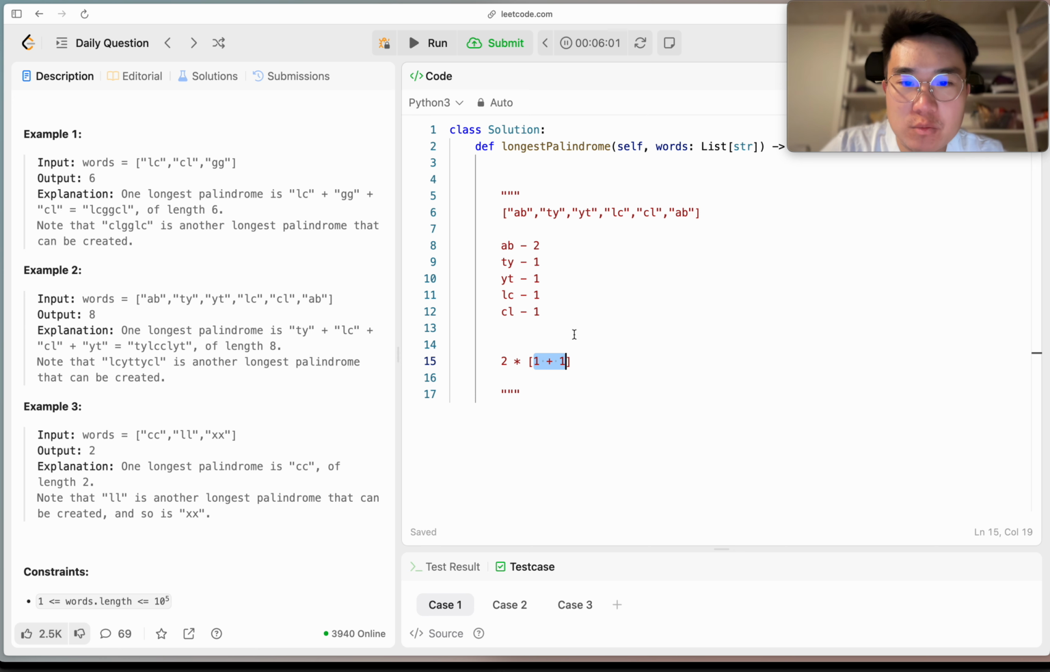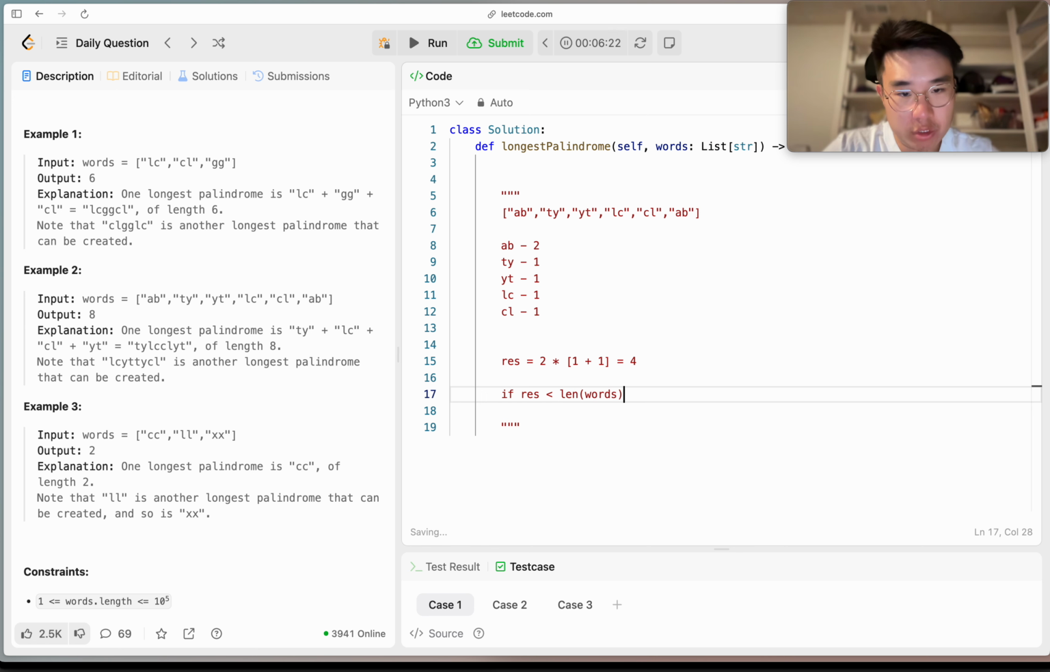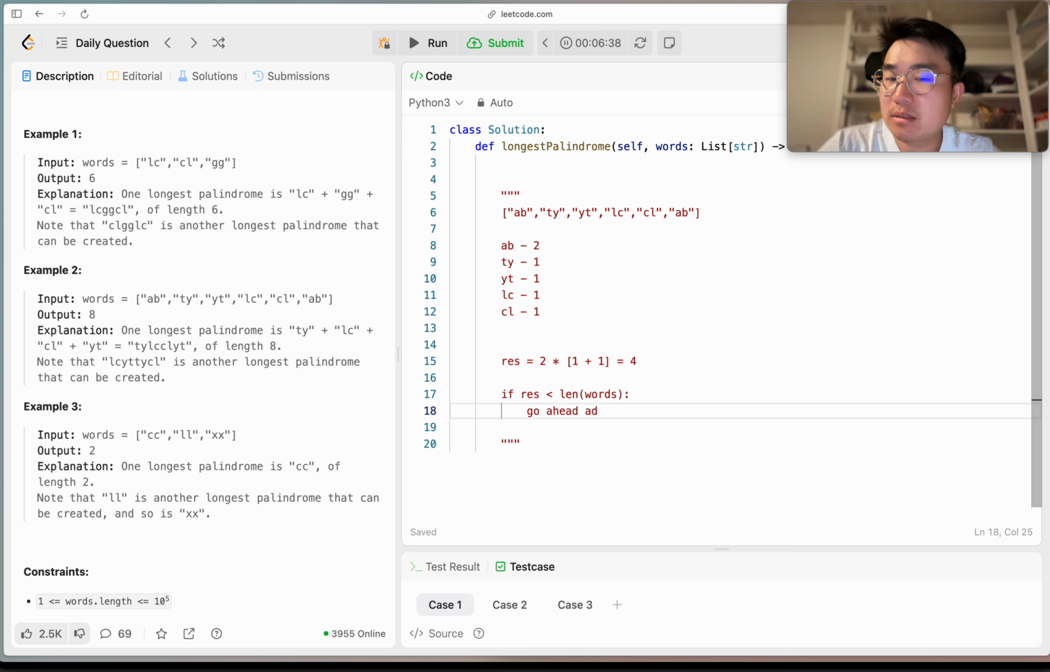let's just say the ABs weren't there. This would be 4, right? So this would equal 4. Let's just call this the result. So if the result is less than the length of the words, like how many words there are, see how res is 4, even though there is 1, 2, 3, 4, 5, 6, then that means we can go ahead and